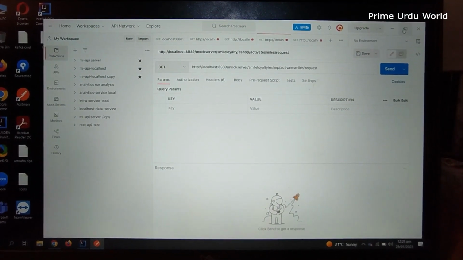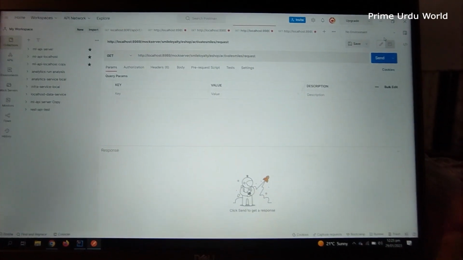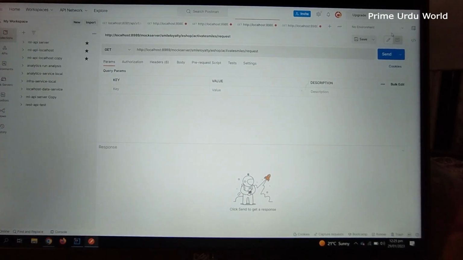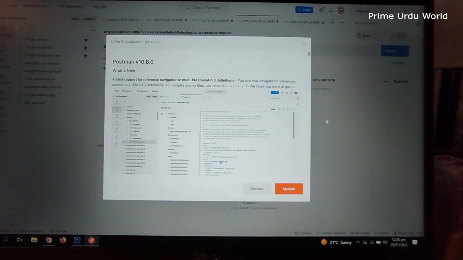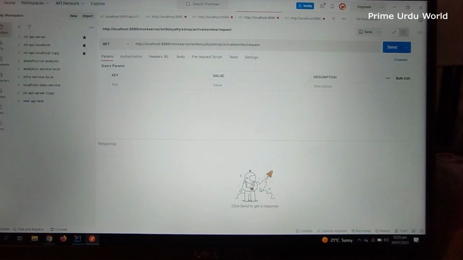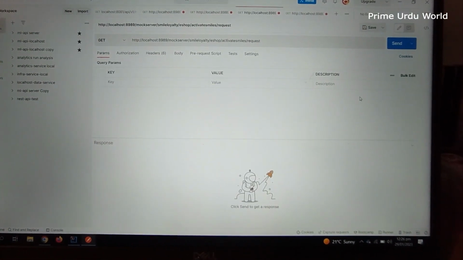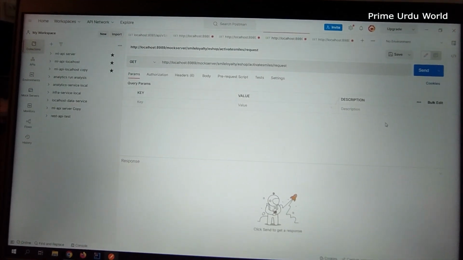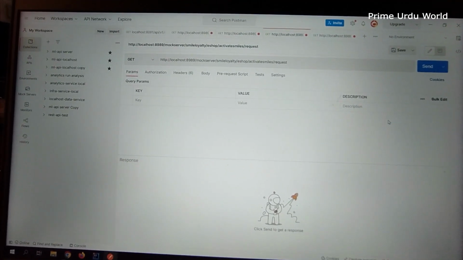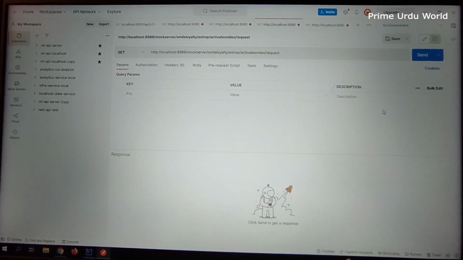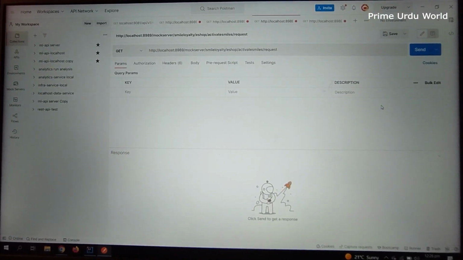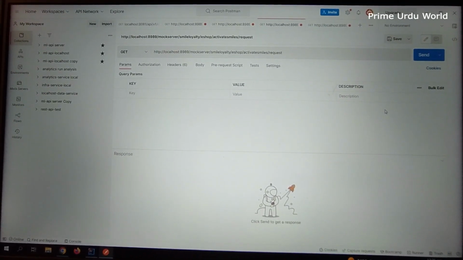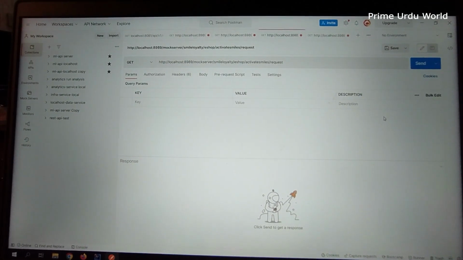So this is Postman. We basically use Postman to execute web APIs, when you want to test your web APIs. Web APIs are basically the end-to-end interface in order to get data from one machine to another. A web API is used in code or any system, for example, when you want to get